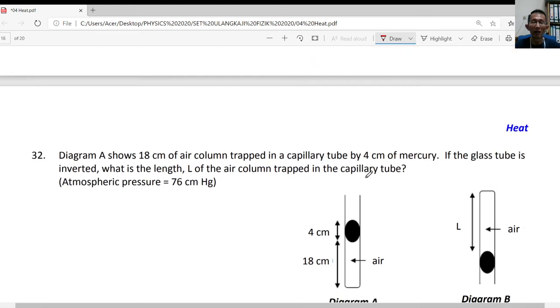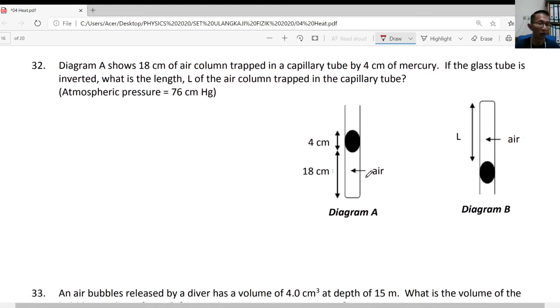Let's move to the next question. We try to answer these questions. We have diagram A, an 18 centimeter air column. Up here I have 4 cm of mercury. And then if we invert this, it will become like this. We want to find out what is our L, and we are also given that the atmospheric pressure is